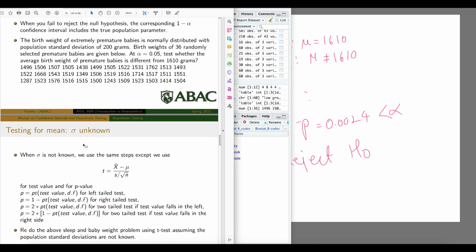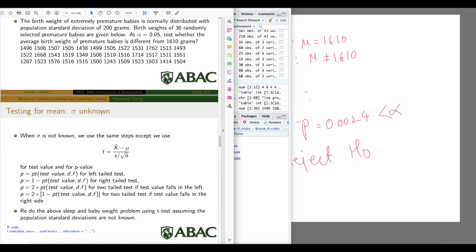Okay guys, sigma is not known. So when sigma is not known, in step 2, this is the formula to find the test value. Previously we denoted it by what? Previously we denoted it by,